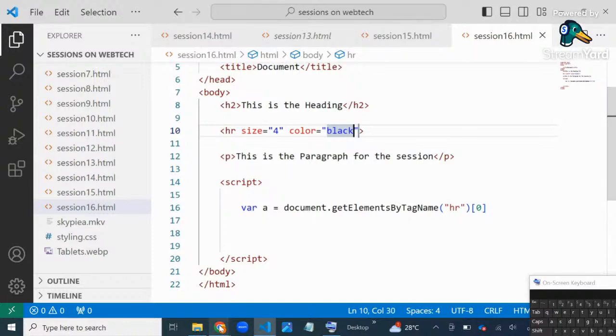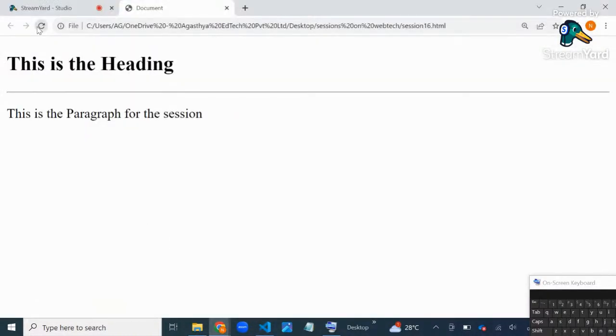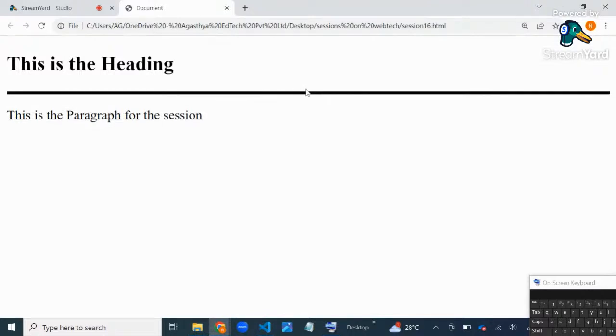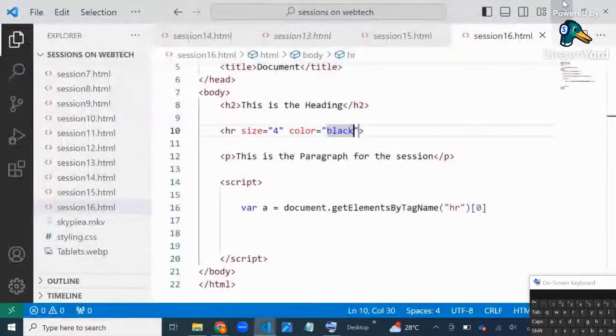See, if you see the output, it will look like this. The size of the line is 4 units and the color is black. According to that, it is giving the output. Fine, everyone. Okay,